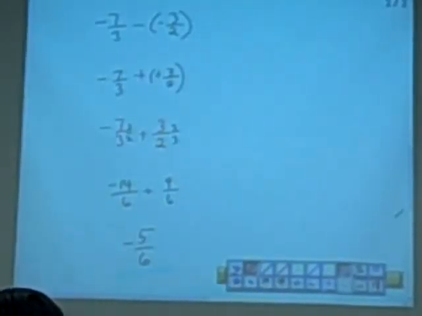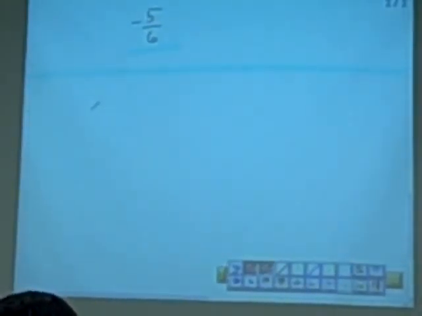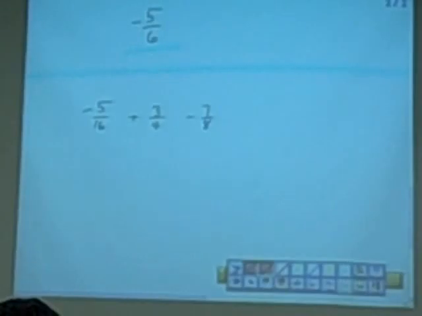That process is still the same. So what's different is we would have to find a common denominator. Okay, here we have negative 5 over 16 plus, let me move this over, give myself some room, 3 over 4 minus